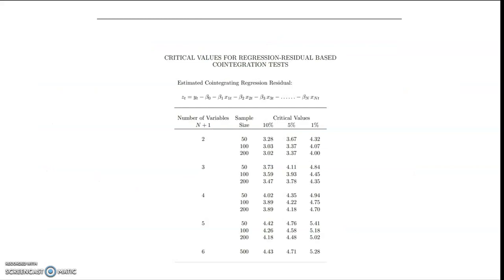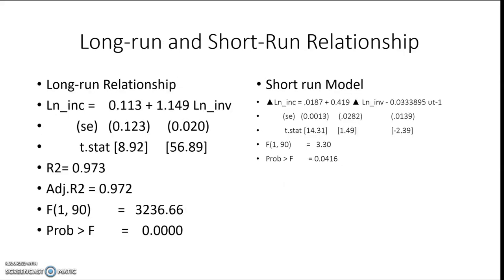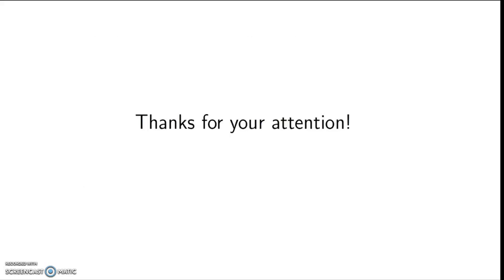I'll be using these critical values instead of the conventional values of the cointegration test using Dickey-Fuller and others. First I'll estimate the long run model, and after that if there is cointegration, then I'll estimate the short run model and interpret the error correction mechanism. And these are the two models that later on I'll compare. So let me